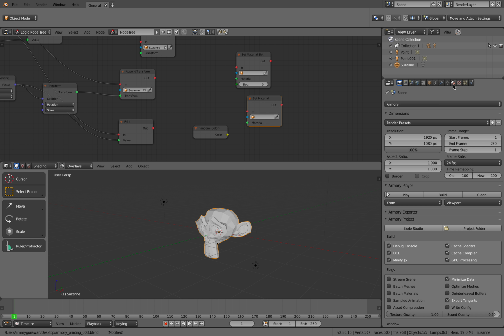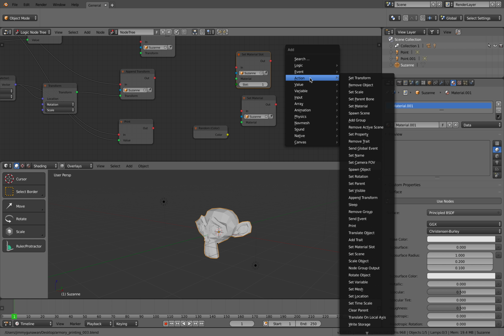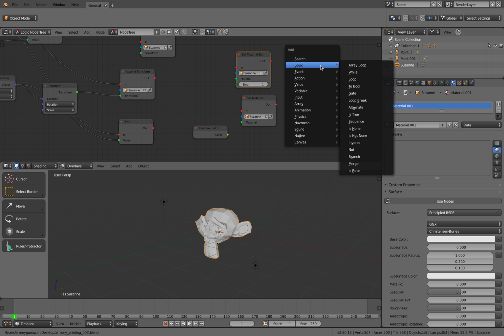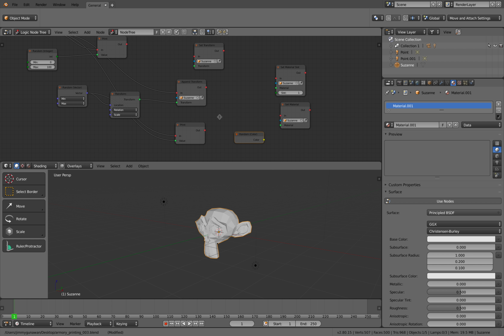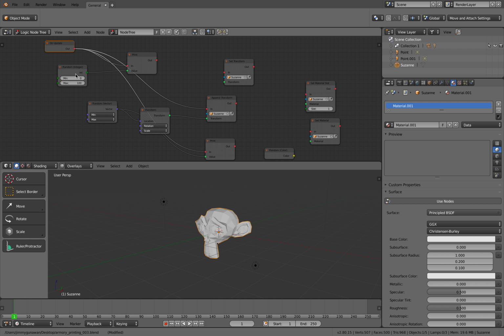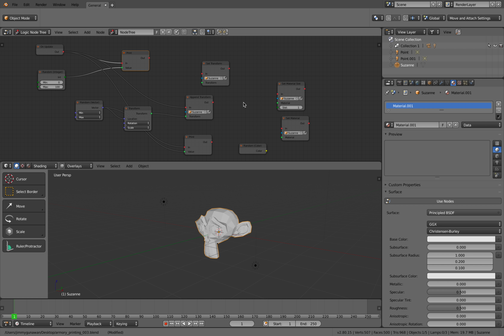So select Suzanne, give it a material. Maybe material needs to wait, but we have this random color, and if you want to change the color on every update, maybe you can do it this way. So that's probably for the next video, but